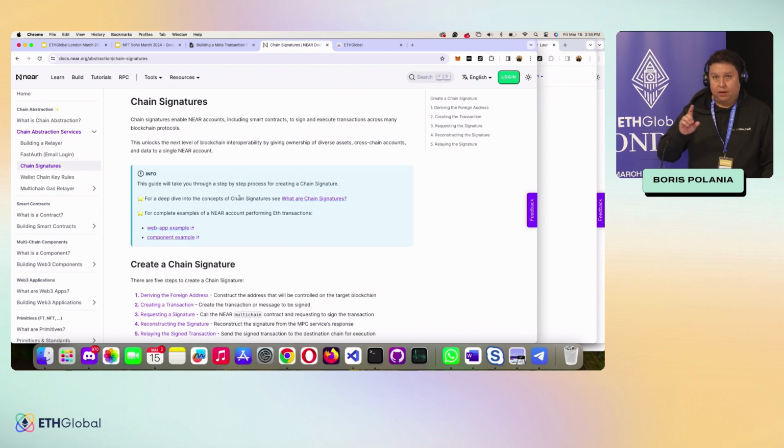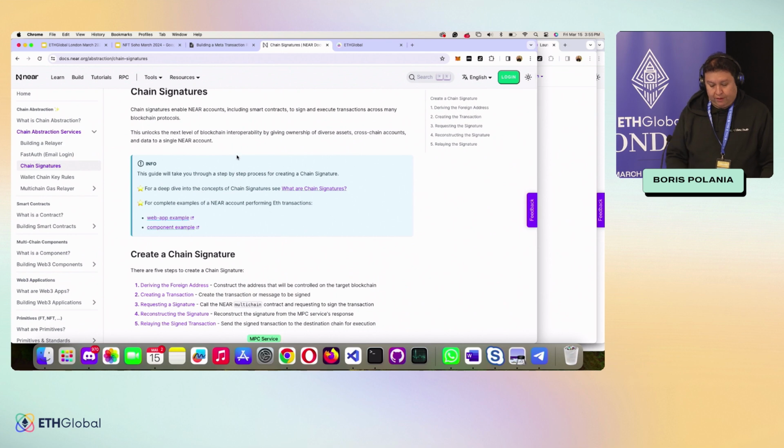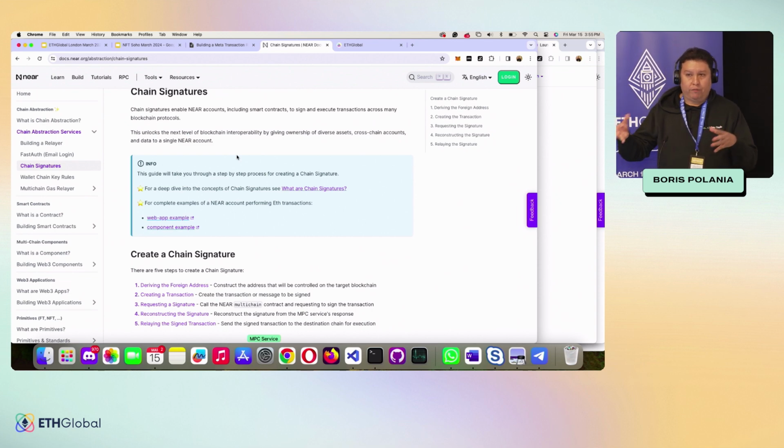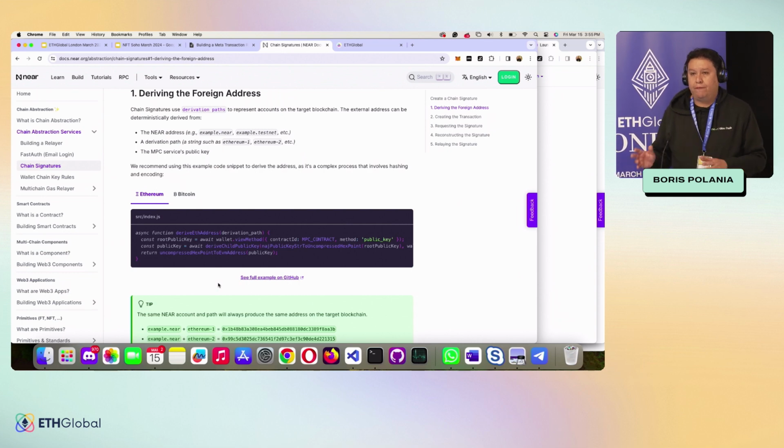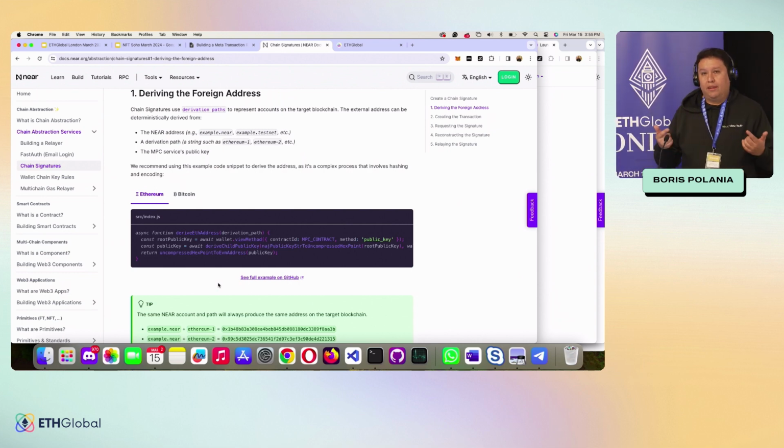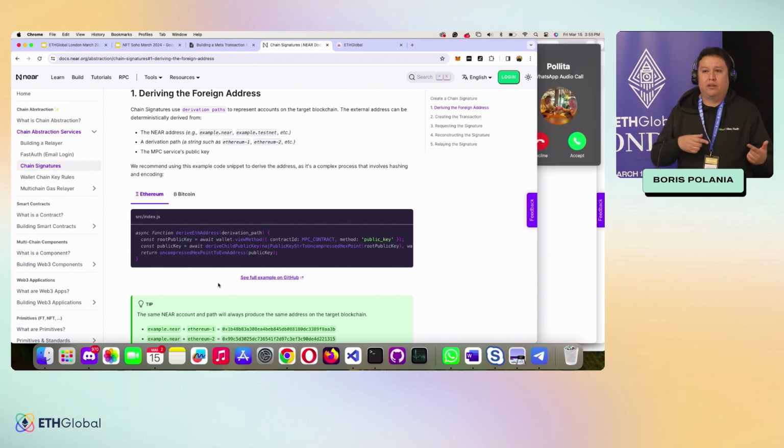Well, not like that. If you want to integrate a Bitcoin address, the first thing is that it's a meta transaction, right? So you first need to derive the address using the libraries we have. You can see on the screen we have sample code showing how you can derive addresses on other chains. Once you derive it, you create the transaction, sign it, and use the relayer to send it away. That's the way you link it. Just by creating the account in Near, you cannot directly link. Basically, you have to derive, create the meta transaction, sign the transaction, and send it to the relayer. That is the right way to do it, probably the only way to do it.